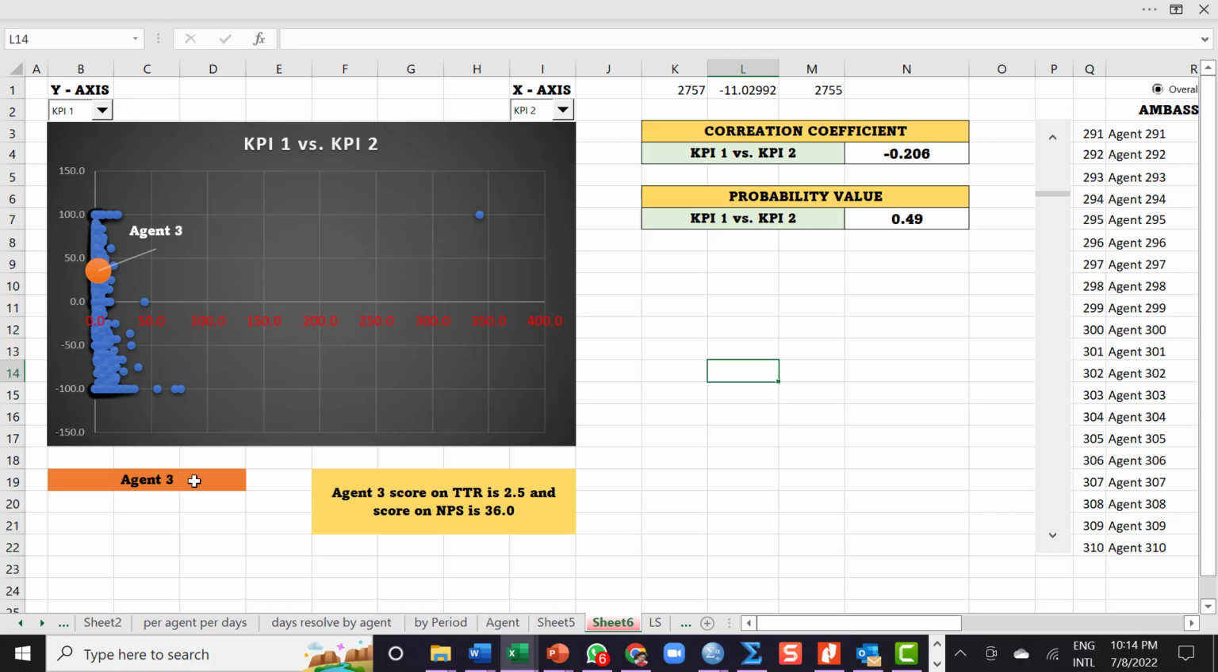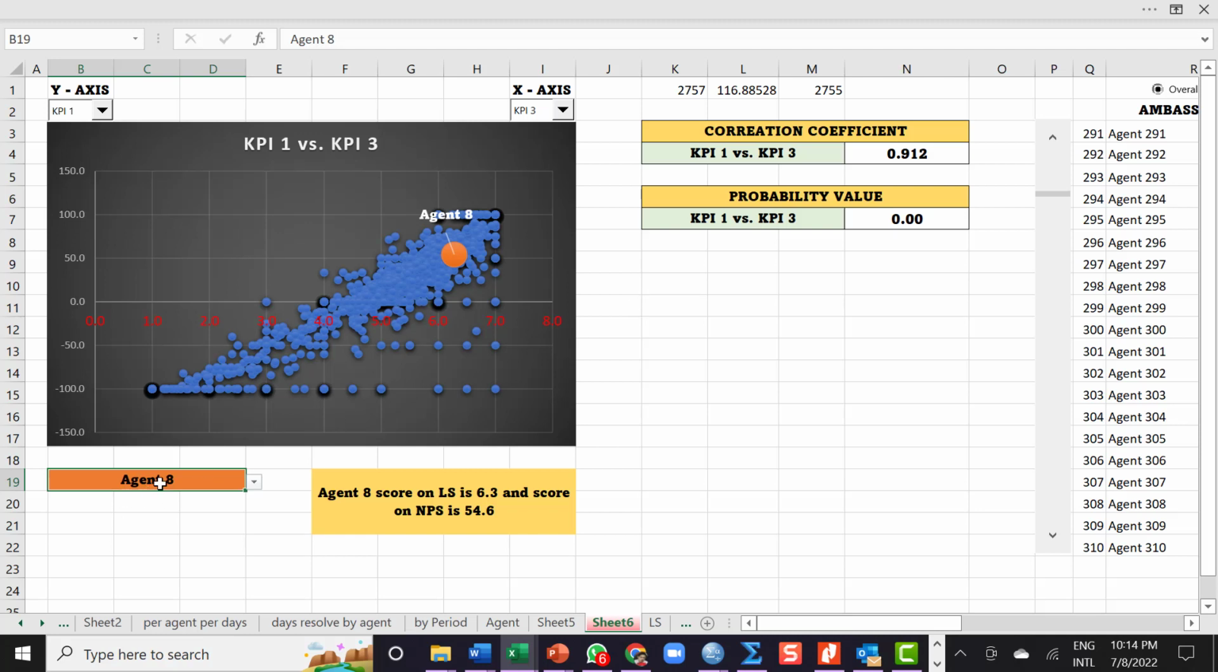Alright, so if I'm going to select the name of the person, let's say agent 8, so the score is there. And then I'm gonna select agent 18. So the name of the agent number 18 is here. Alright,